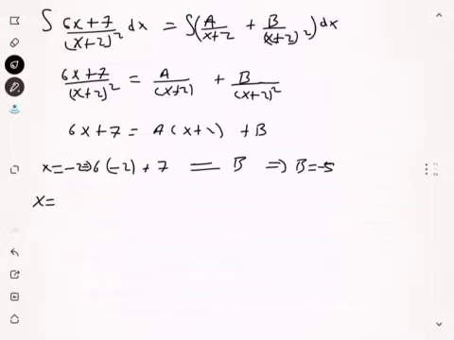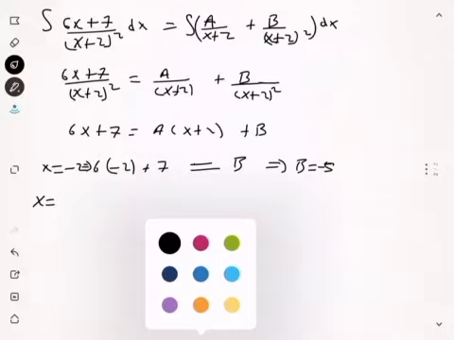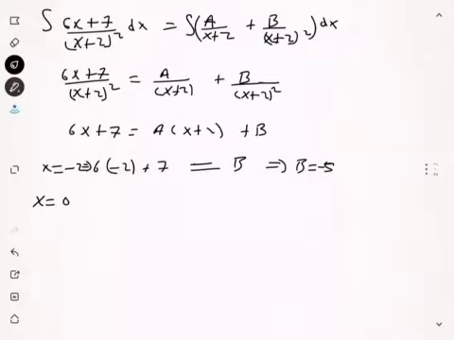Setting x equals something else other than minus 2, maybe x equals 0, will give us 7 on this side and 2a plus b. But since b is already minus 5, we get 7 equals 2a minus 5, so adding 5 to both sides, we get 12 equals 2a,